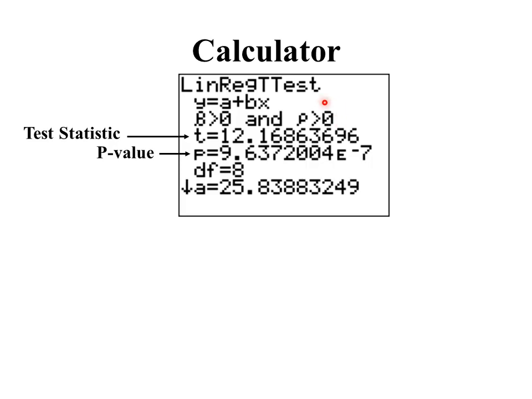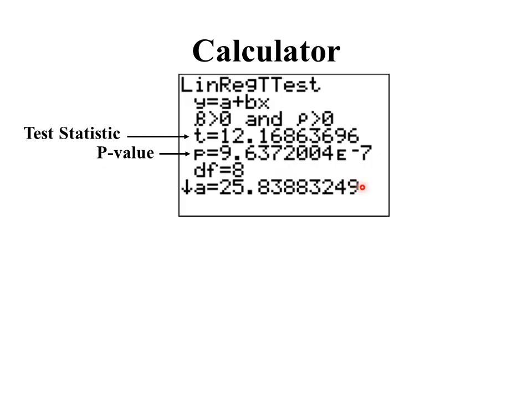Next row gives us the form of our alternative hypothesis, exactly what we want. Right here is our test statistic, exact same thing that we got by hand. And right here is the p-value, 9.6 times 10 to the negative 7th. So we have 6 zeros in front of the 9. So it's a really, really small p-value, practically 0 for all practical purposes. Next, it gives us the appropriate degrees of freedom, which is 8.